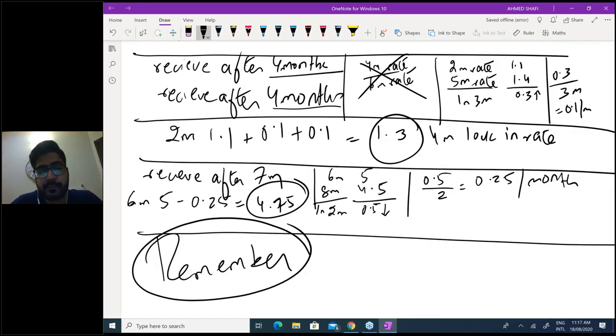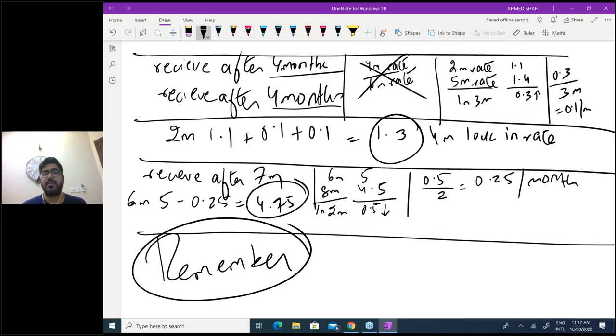One student was asking, sometimes there are 2 lock-in rates given. How do we decide which rate we have to use to do the average? Now, 2 rates are usually given in futures, in forward exchange contracts, everywhere 2 rates are given. That's normal. If 1 rate is given, you are lucky. Usually 2 rates are given.